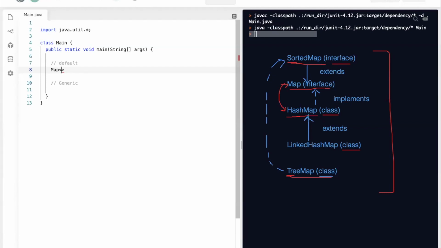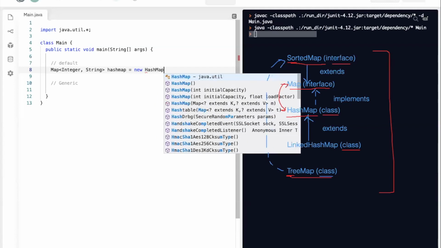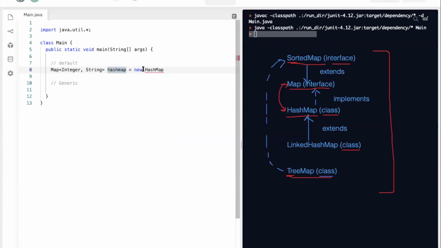Like 1, 2, 3, 4, 5. All of our values will be a string. Now, to do this in generic, you have to create an integer class and a string class, and make sure that you pass them in. I'm just going to call it hash map, okay? And now this is where we can create a concrete class. Now, you have to use a concrete class